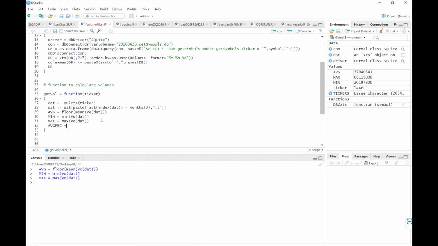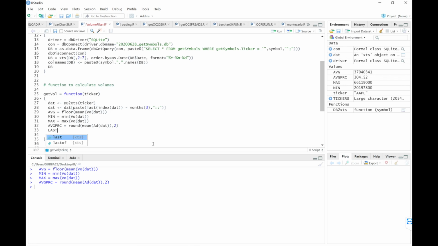I'll do the max. Next, I'll calculate what the average price was for these last 3 months on the adjusted close. And I'll round that to 2 decimal places, and this will come in handy in case you want to filter out stocks with a certain price. So the average price these last 3 months for Apple was $304.52, and then the last price we'll do as numeric. Last, round the adjusted to 2 decimal places,